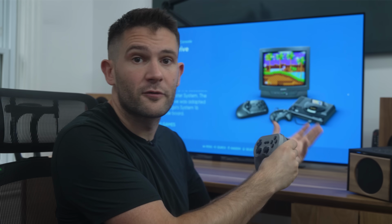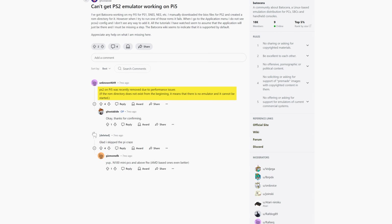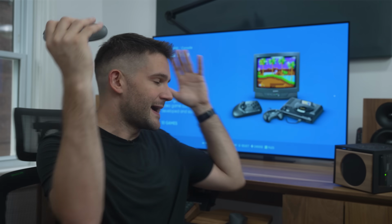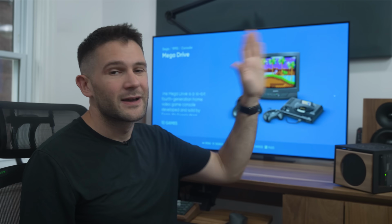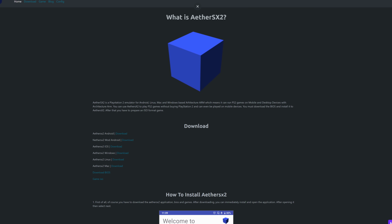Oh man, okay, this was an ordeal. So earlier versions of Batocera had support for the PS2 baked in, but at a certain point, the devs removed it because they felt like the Raspberry Pi couldn't handle it. So as configured, this system right now cannot play PS2 games. However, I thought that maybe, just maybe, my turbocharged system might be able to do it. So I went in search of a solution, and I found out there's this emulator called Aether SX2 that will